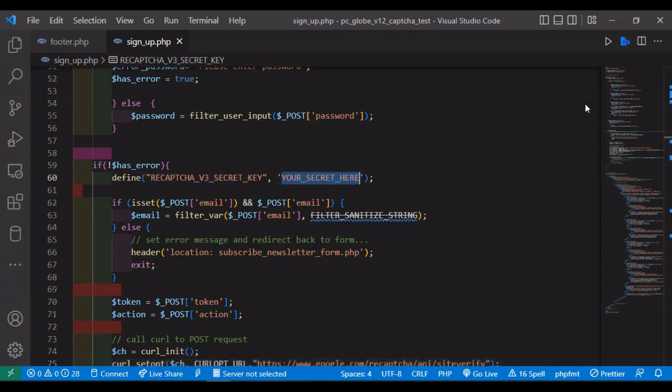Of course, I'm going to copy my secret key and I paste it here on the define. So that's why we are defining a constant. First thing we do, we define a constant with our secret key. Hey, what did I